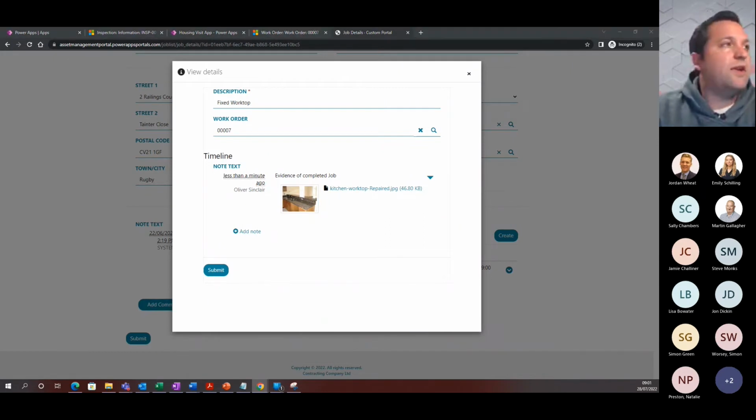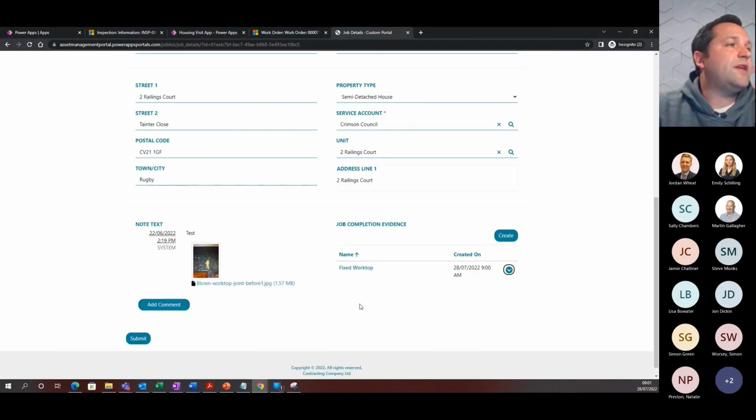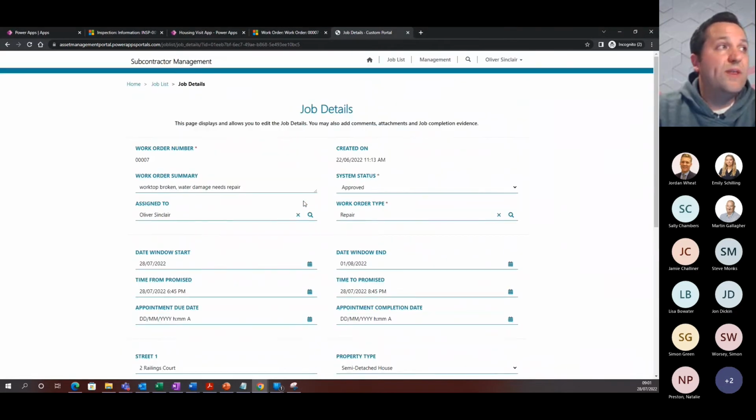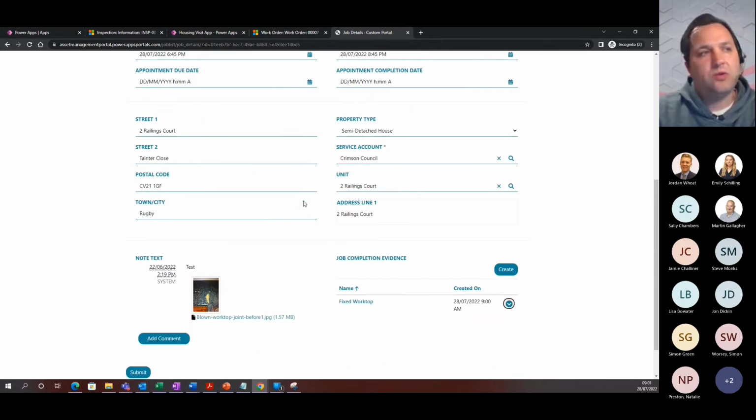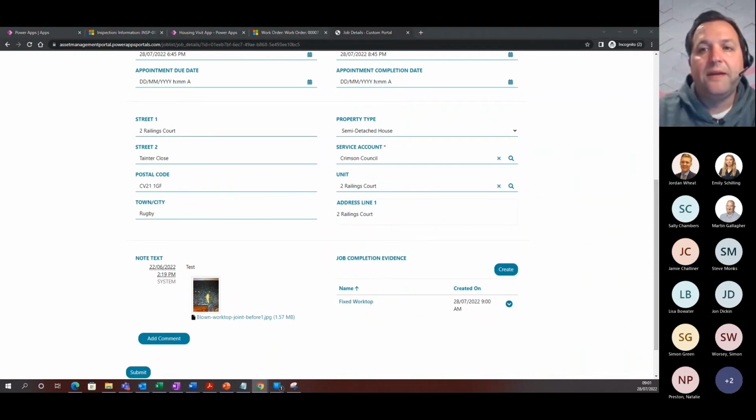So the good thing about this would be that this was all stored within Dynamics 365, but as a subcontractor, I have my own portal that I can go and communicate with the housing associations without any emails or any phone calls or any missed information. It's all readily available for everybody to go ahead and complete. This is obviously going to save a lot of time